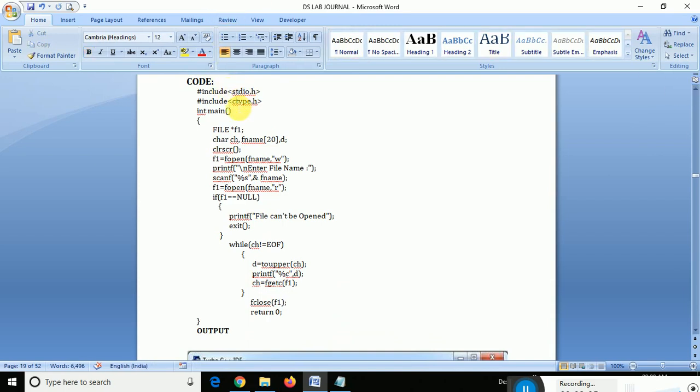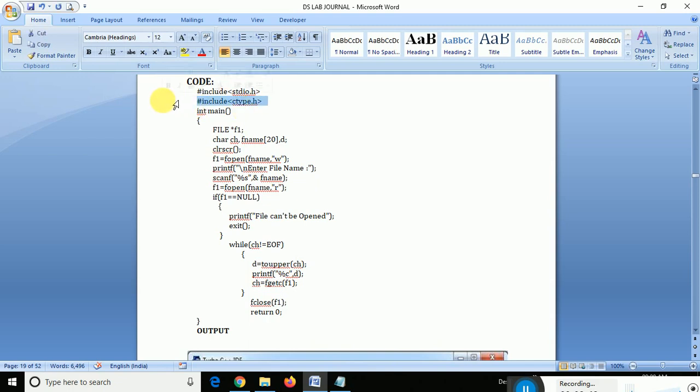stdio.h and ctype.h I have used. This is character type, a header file. In this header file, functions like toupper and tolower are there. Understood? Just like in the stdio.h header file, printf and scanf functions are there, already written functions are inside. We are only accessing those functions and writing the code. So in ctype.h, the toupper function is there, and this bracket tells it is a function. That's why we need to use this.